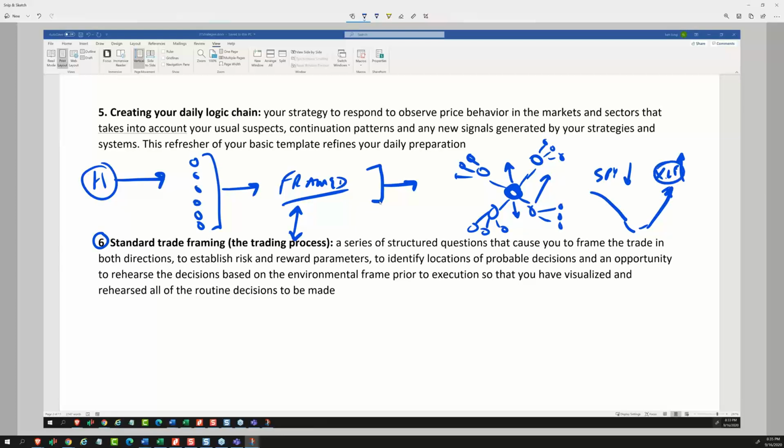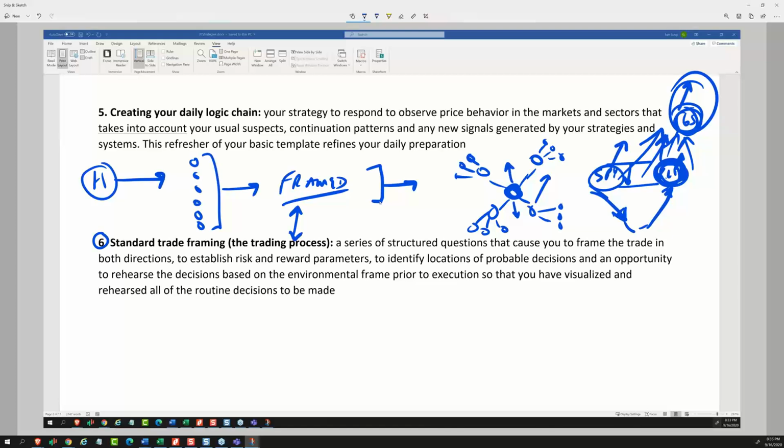Well, clearly, people are buying XLF even as the market's going down for other reasons, and so then maybe I can go to Goldman Sachs. But in this case, I would be very careful because the gains in XLF are being offset by the losses in SPY. So I'm thinking that the follow through may not be as big. So I have to be judicious. Whereas if the market was up, but XLF was up more and Goldman was up even more, then Goldman is easy to believe in because all signs are pointing to yes, everything is pushing it to the upside.